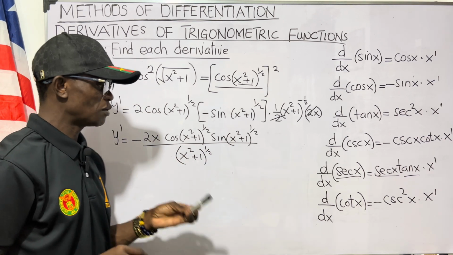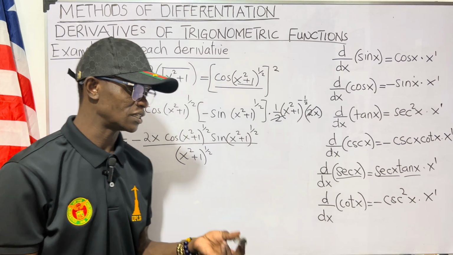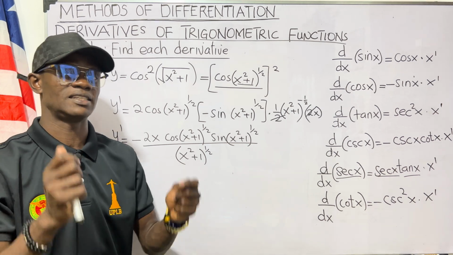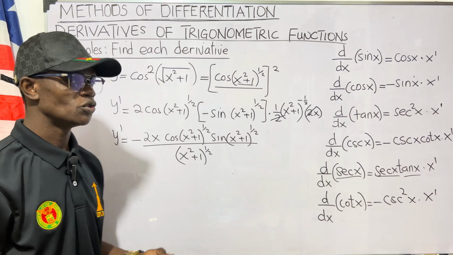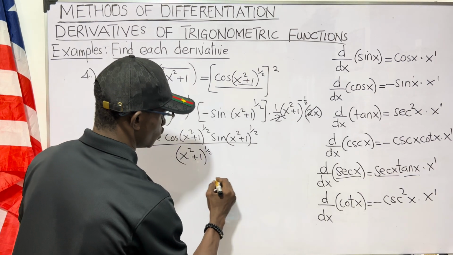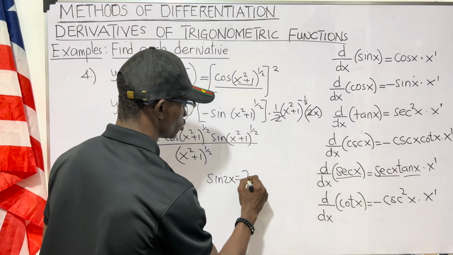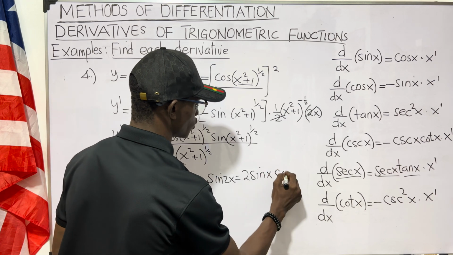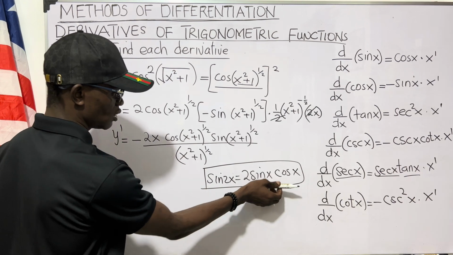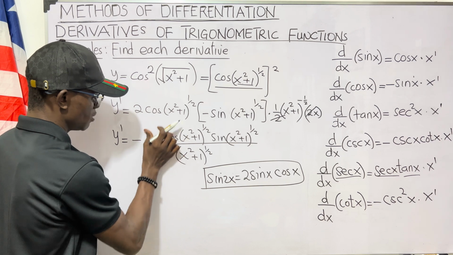Now, after you have differentiated, another thing you need to do to further simplify the derivative of a trigonometric function is to bring in some trigonometric identities. That's what I told you. You must master the identities. Now we know that sine of 2x, the double angle identity, is equal to 2 sine of x cos of x. Now, this looks similar to this. If this 2 can be placed right here,